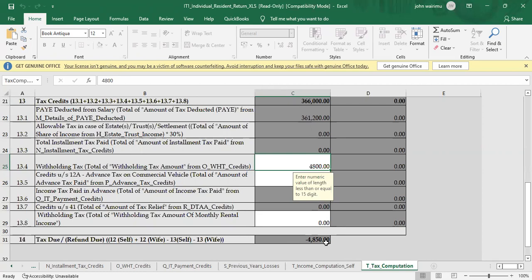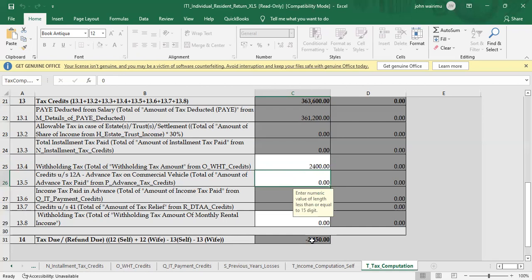If you have so much expenses, then the amount of tax will reduce because the taxable income will be less. And also expenses will depend on the withholding tax. If I say the withholding tax is 2,400, you see, that means withholding tax,